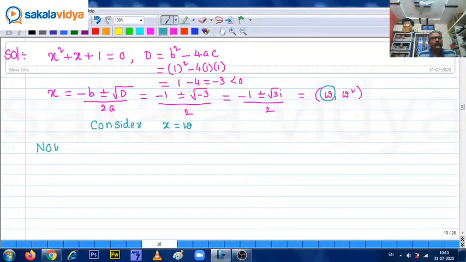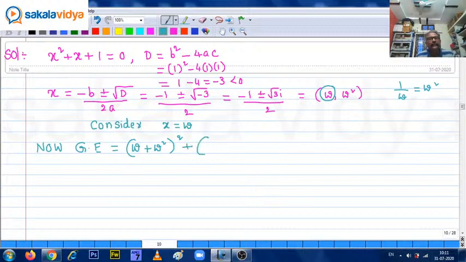Now the given expression can be written x plus 1 by x. x plus 1 by x means omega plus 1 by omega. You remember, 1 by omega is omega square, because if you cross multiply you get 1 only. This is omega plus omega square, we have whole square